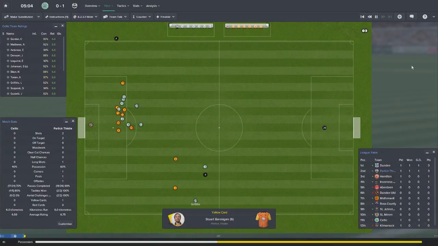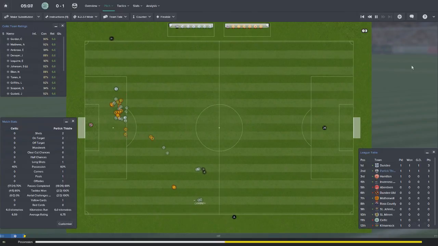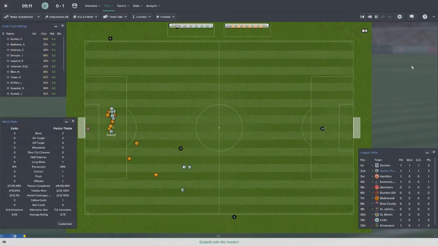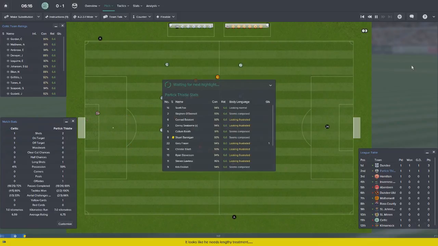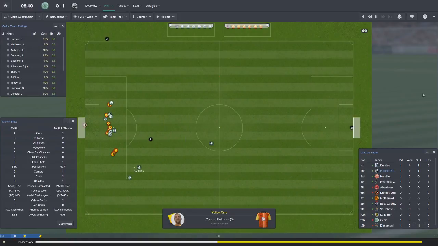And Bannigan picks up a yellow card. It's quite disappointing because he is the defensive partner in the midfield. Guidetti, oh! Fox doesn't really have to worry too much if they keep going wide. 8 minutes in, hang on, this should also...